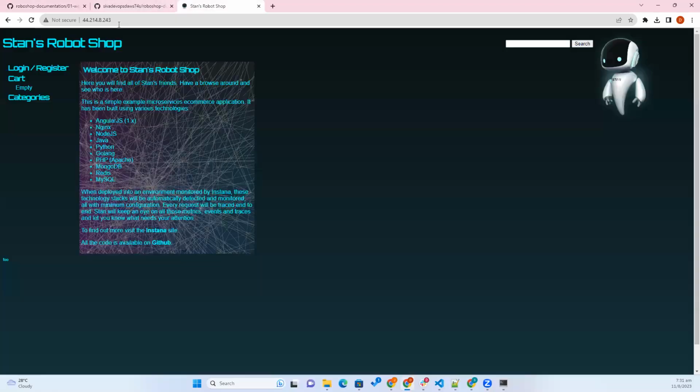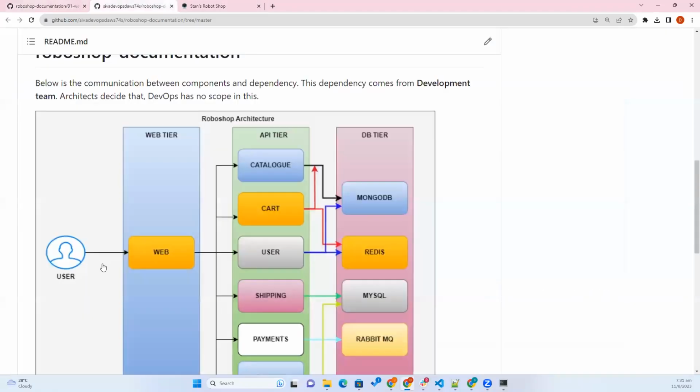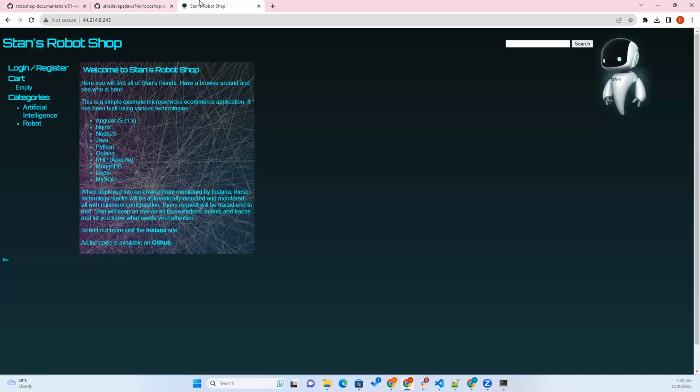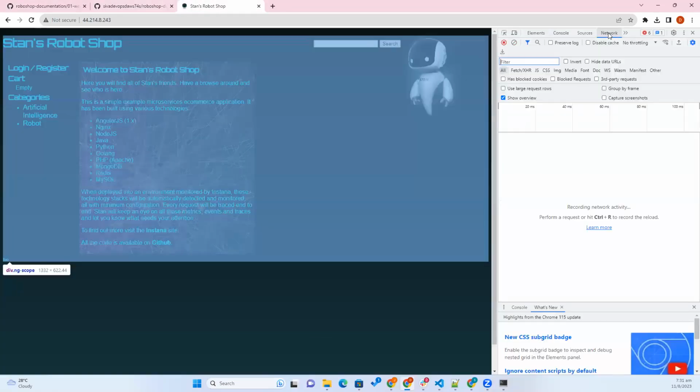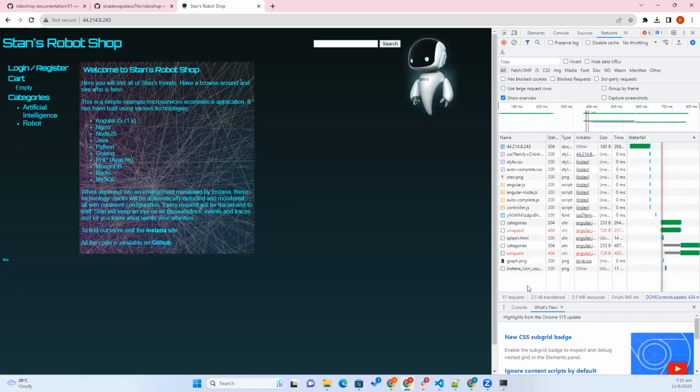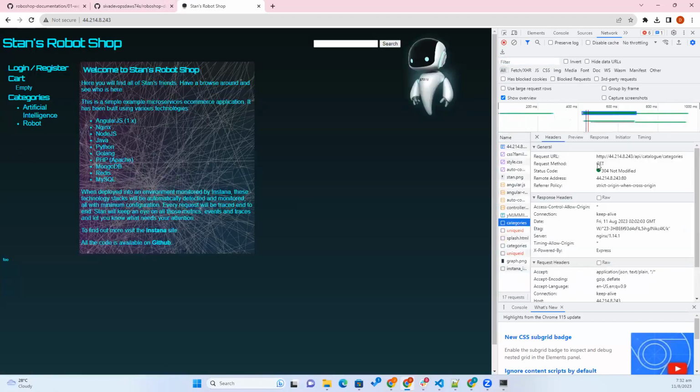Now let us go and refresh. You can see our request is coming to the web, and from here, inspect. Go to the network tab. There is a request to api/catalog/categories. So this request is going to nginx. When this request goes, we already configured that it should send the request to